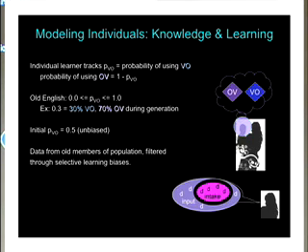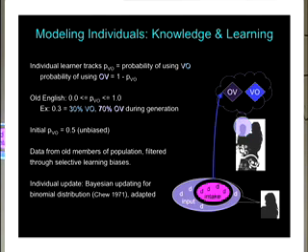And the idea is that, again, data from other members of the population basically provide the input set to the younger learners, and it's going to be filtered through these two selective learning biases that we just mentioned, although, again, we can strip them away later on within the model. And the individual update function, the particular one that I chose for this model, was a form of Bayesian updating for the binomial distribution that was adapted for the particular purposes here.